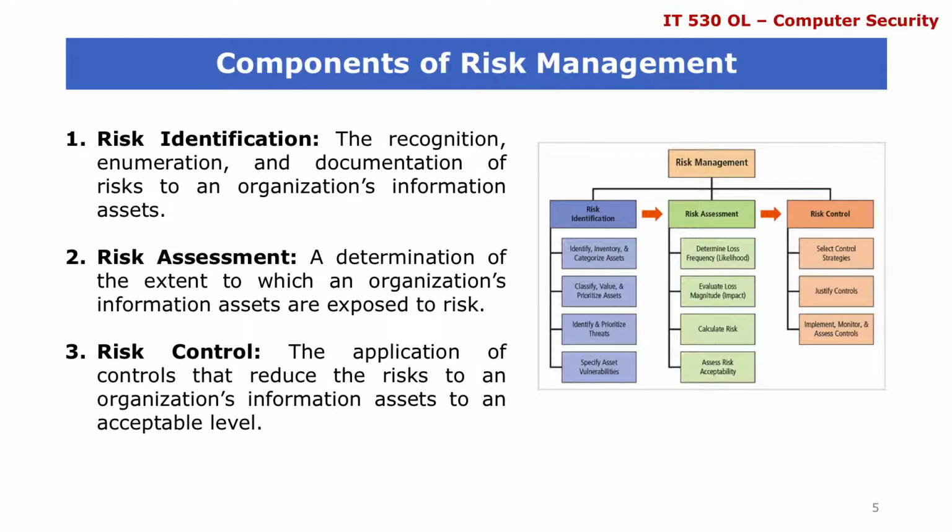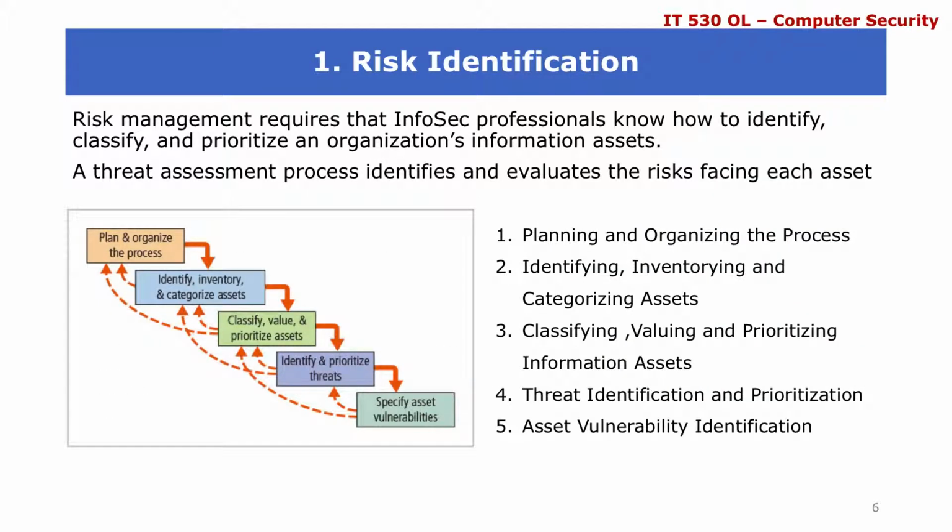Then the last part of the risk control, we are going to look into implementation, monitoring, as well as assessing the controls' capabilities, if they are functioning as they should. First, we are going to start with risk identification, which includes planning and organizing the process. That is going to be the first step. But before we get to that,